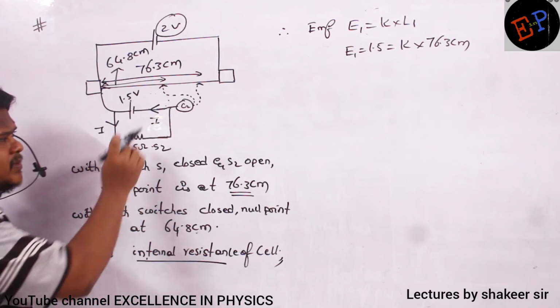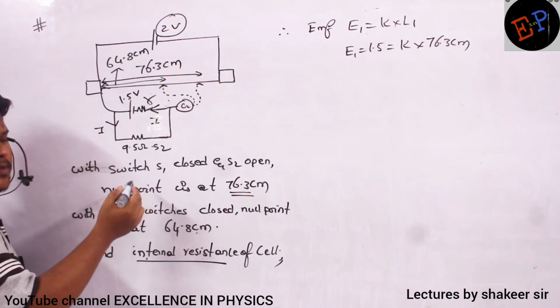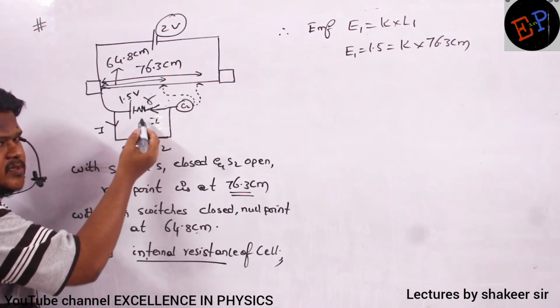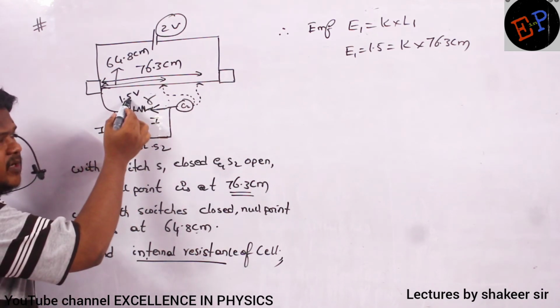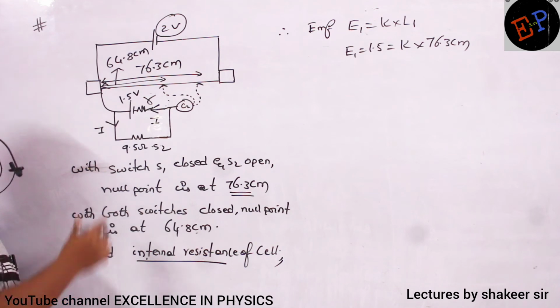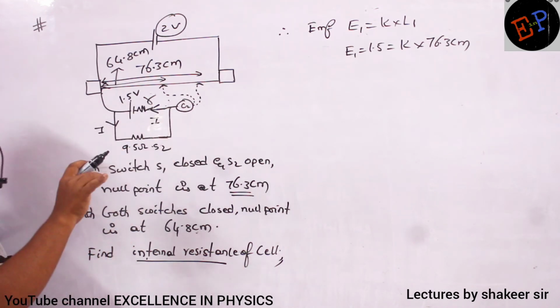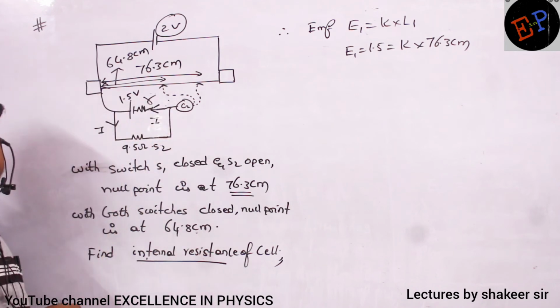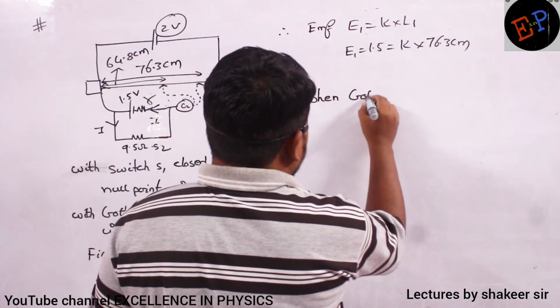So the battery definitely will have some internal resistance. When current enters the internal resistance, there will be some drop. So EMF doesn't remain 1.5, it reduces. Because EMF has converted into terminal potential, the length also reduces. Are you able to understand? That is the reason. So therefore, when both switches are closed,